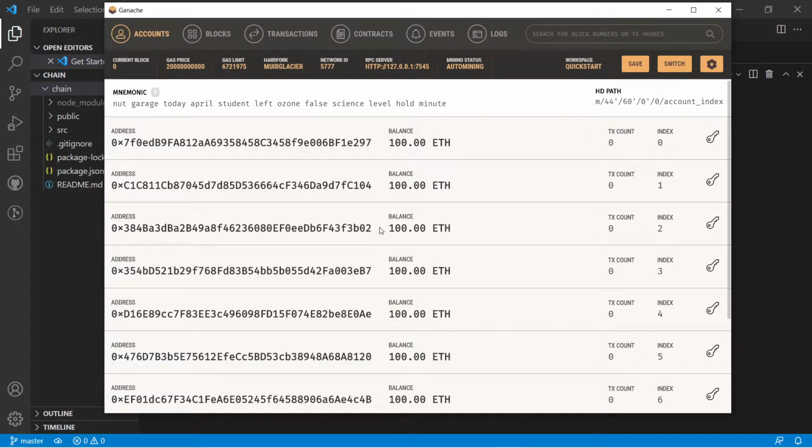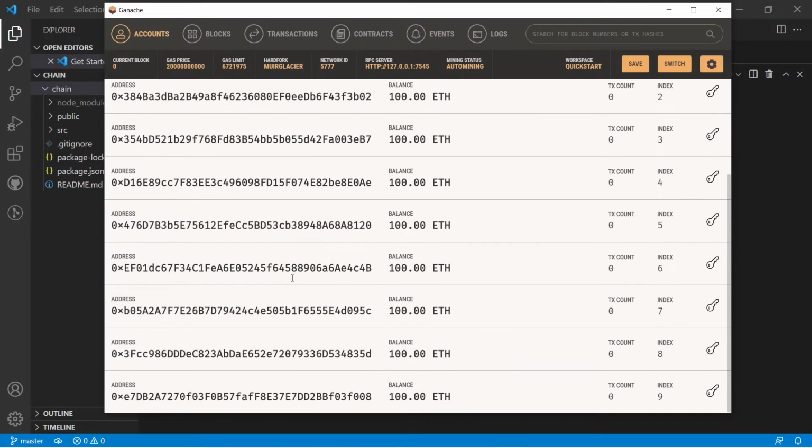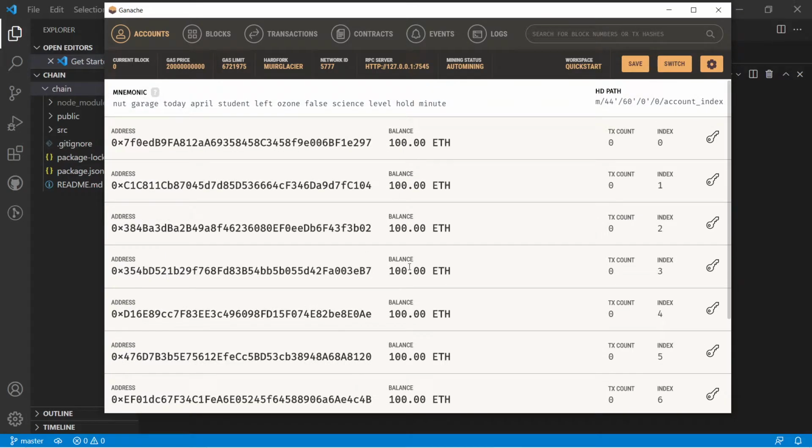After clicking on this, you just see that there are about 10 accounts with a balance of 100 ether, and you have all the options like blocks, transactions, contracts, events, and logs. Let me minimize this. Please don't close this, because we want to